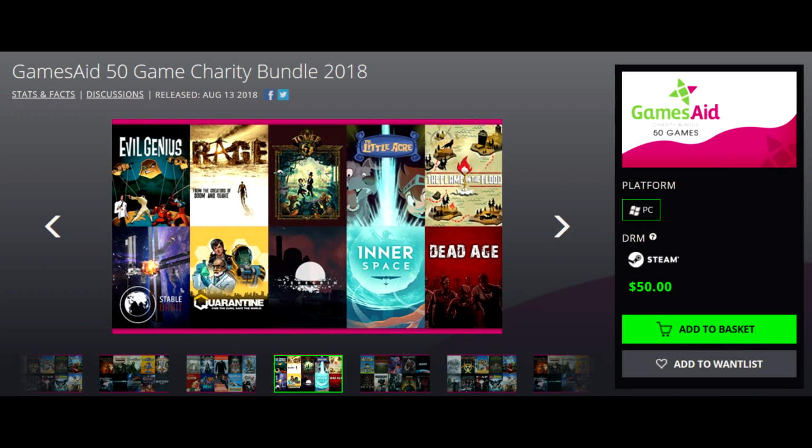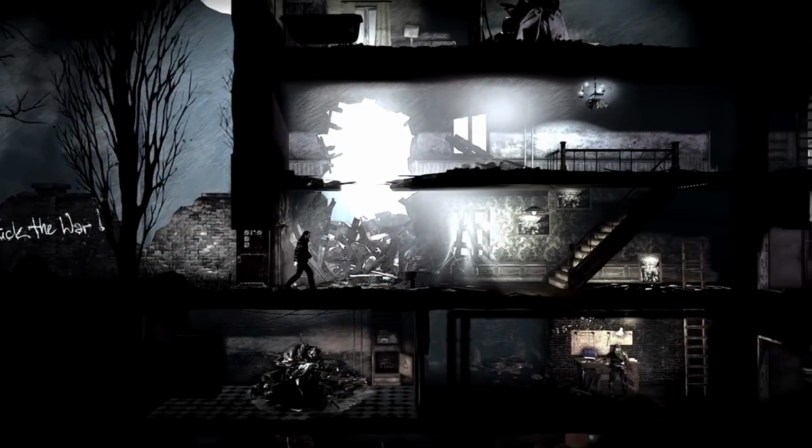And finally, GamesAid has partnered with Green Man Gaming for an awesome 50-game charity bundle for $50. Now, $50 is a steep price, but you're getting 50 games with this bundle, and a lot of these titles are great, including the Mount & Blade titles, Mount & Blade Warband, Mount & Blade With Fire and Sword. You got This War of Mine, you've got Rage in there, Insurgency's in there, Fear 3, Injustice, Batman: Arkham Asylum,